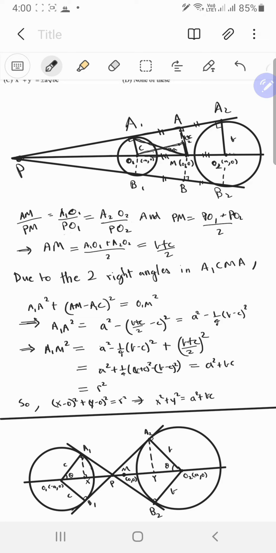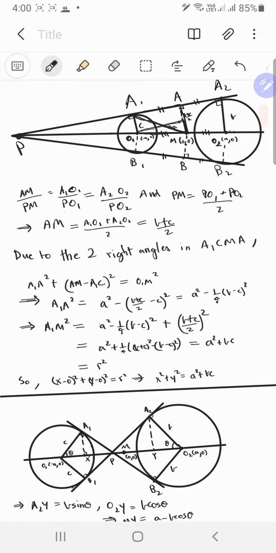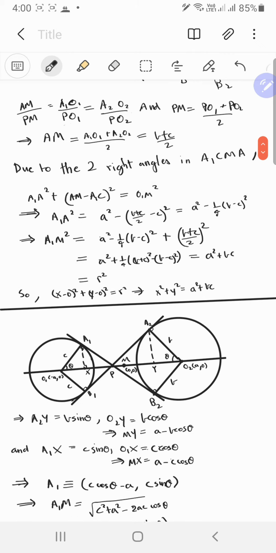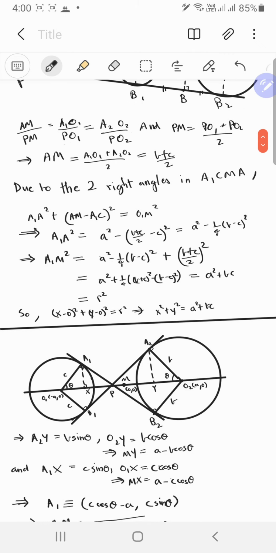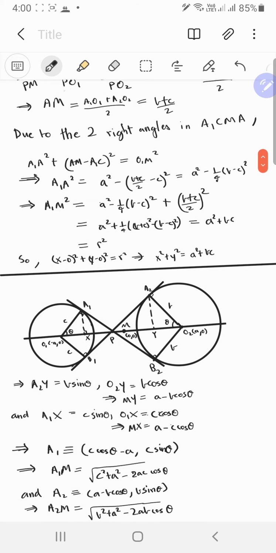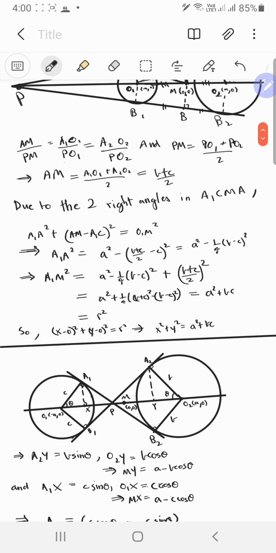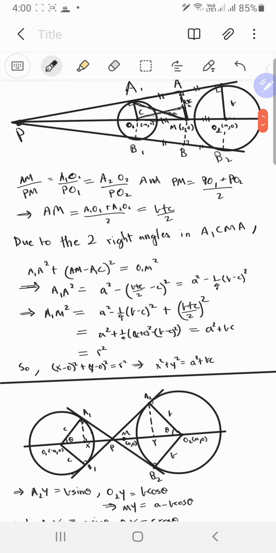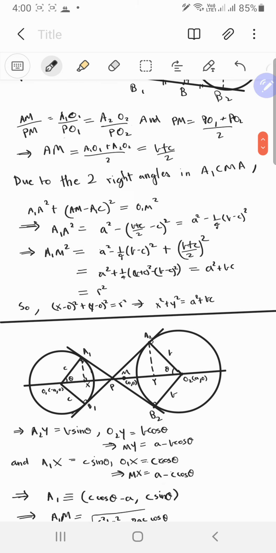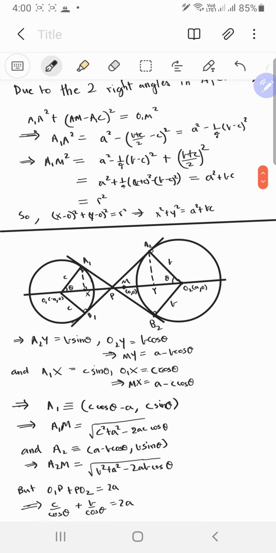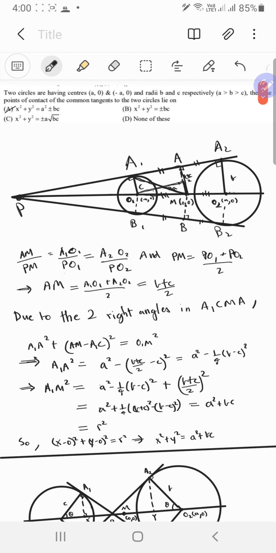Why is that? Because the perpendicular bisectors of A1A2 and B1B2 intersect over there, and that can be shown very easily using common logic or similarity. And we also got the radius, right? Because A1M is in fact the radius now, as M is the center. So the equation x squared plus y squared equal to a squared plus bc is the equation for the circle circumscribing A1, A2, B1, B2 for this case.